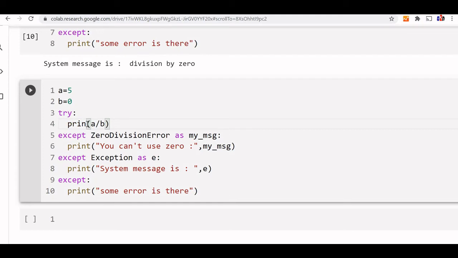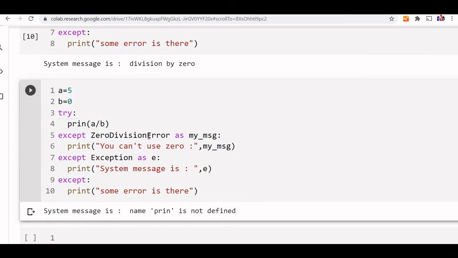So now we are creating another error. Let's run this and see. It's no more a ZeroDivisionError, so it is going to the next exception. So line number 8 gets executed. Now let us capture this particular one below this ZeroDivisionError, here it ends.